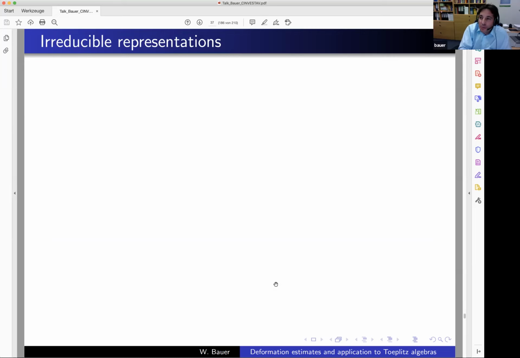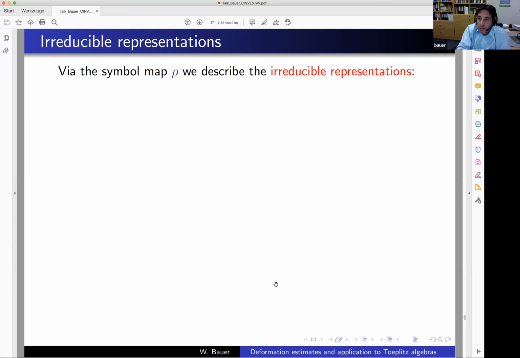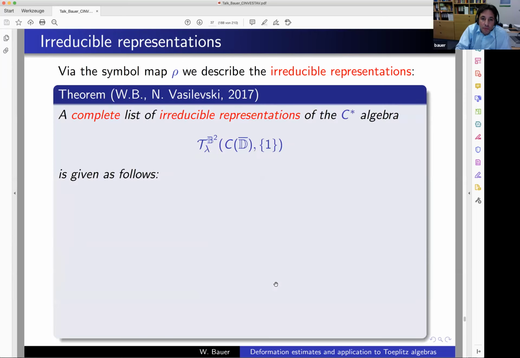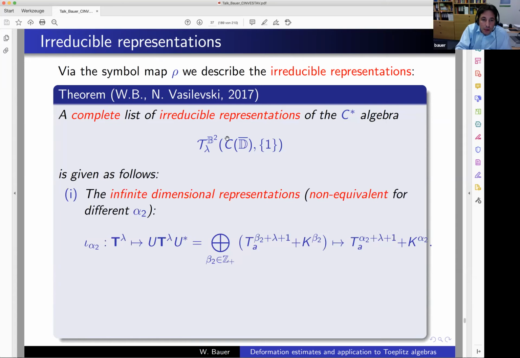The next question we may ask about this C-star algebra is, what can we say about the irreducible representations of this? It's a non-commutative C-star algebra, and also the irreducible representations can be completely classified with the help of the quantization, so to say. So we get a complete list in that case of irreducible representations. And there are 2 types. First, we have infinite dimensional representations,